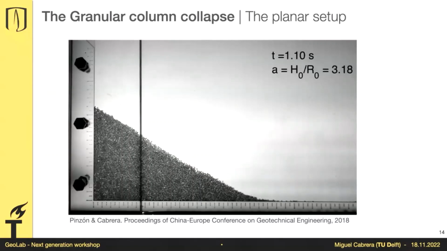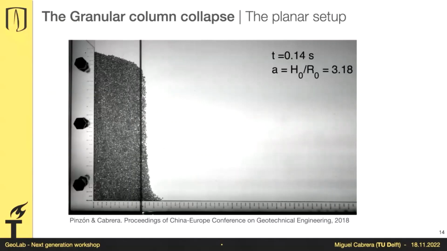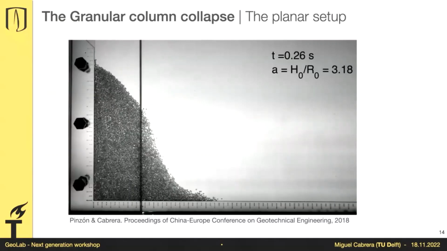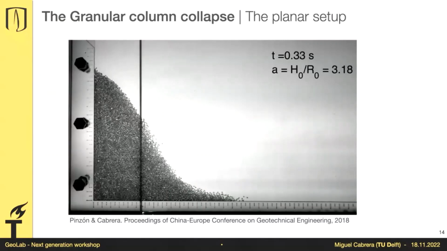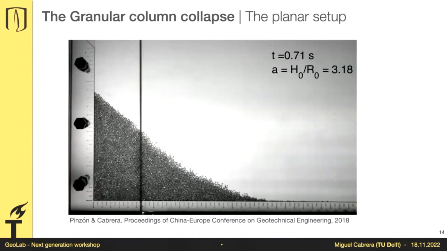And now that you see, let me go back. Usually these column collapses initiate as a sudden vertical movement. That vertical movement transitions towards a lateral movement, and now you have a really shallow layer of particles moving, and that shallow layer remains with a constant thickness. Particles are jumping around, doing whatever they want, until eventually they reach a deposit. And in this case, the deposit has the shape of a triangle because it's a tall column.